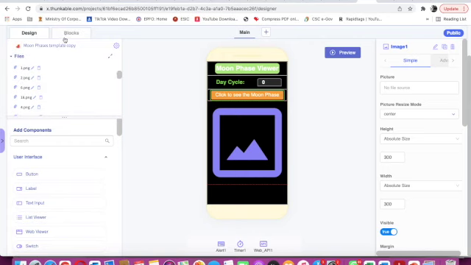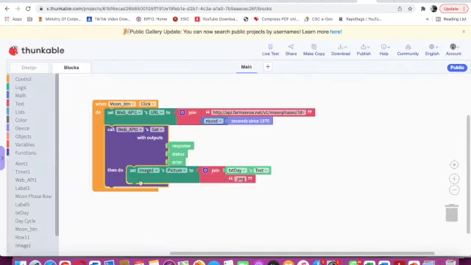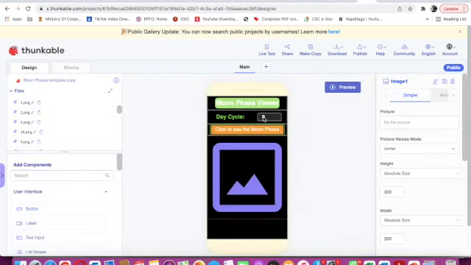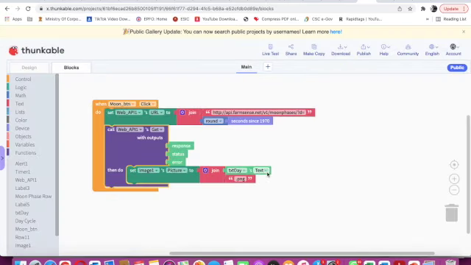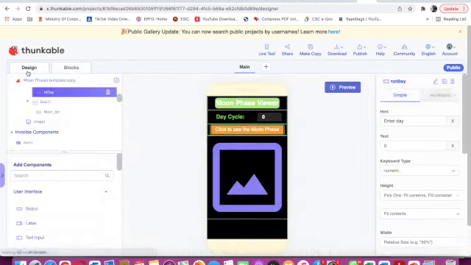Then set image 1's picture to join text day's text, text input 1, text day's text, dot png. No number will come like 1.png, 2.png, only .png will come. Now I will live test it, which will help you understand more.